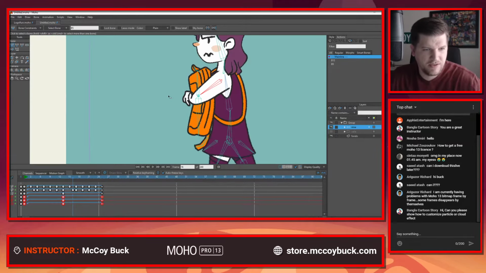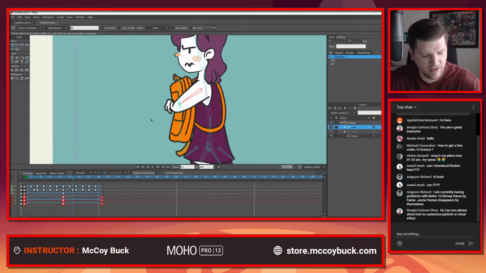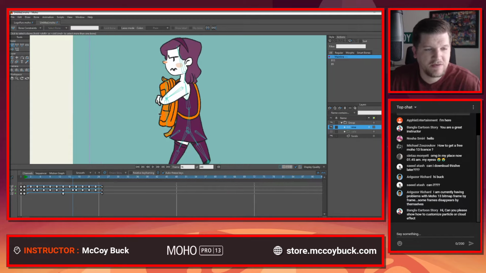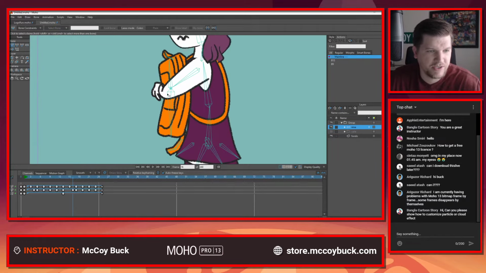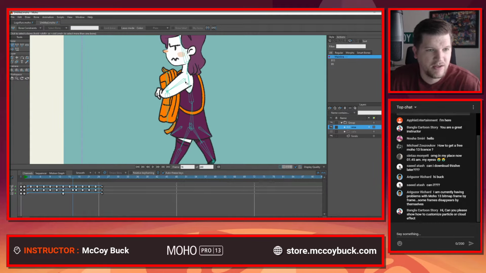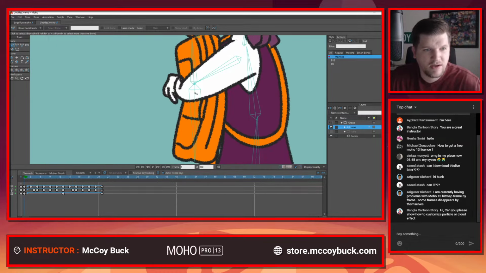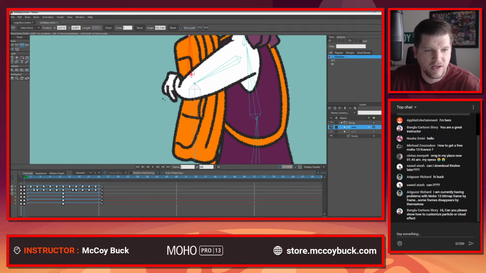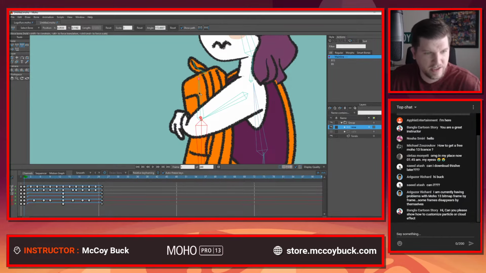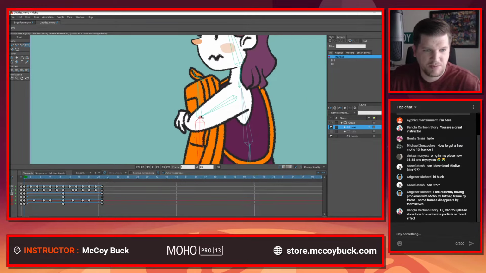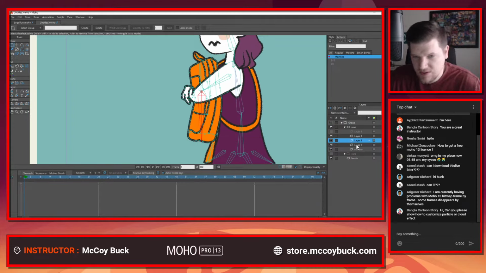Select all. Well, actually, this is another thing that's really interesting that I get a lot from looking at different rigs inside the Moho library, is different ways to go about rigging. So this looks like it's actually a target bone. So her body is pointing back to this target, which is her backpack. So if I click on this backpack area, okay, I don't know what the binding is on this exactly. This looks like a very simple flexi binding that's just bound to the rest of the artwork. So this whole layer,